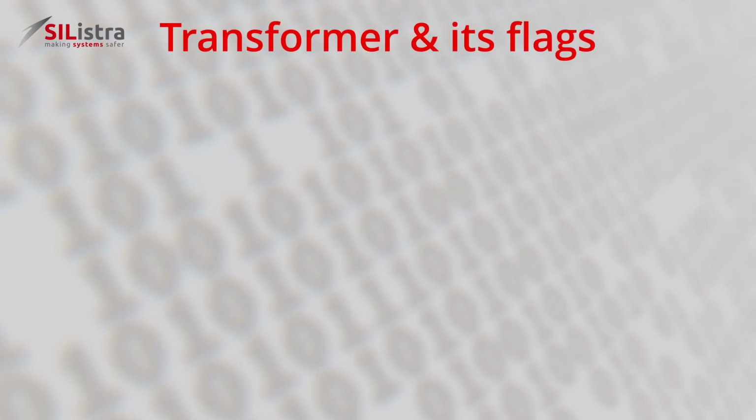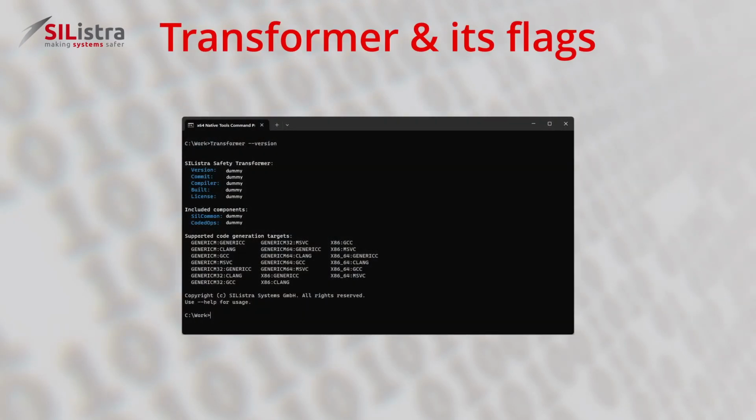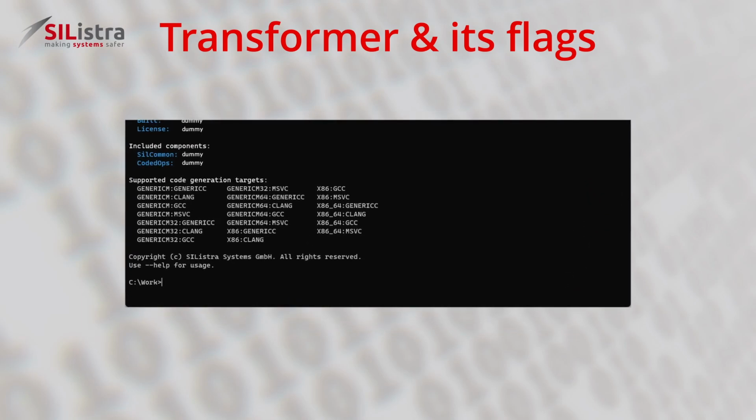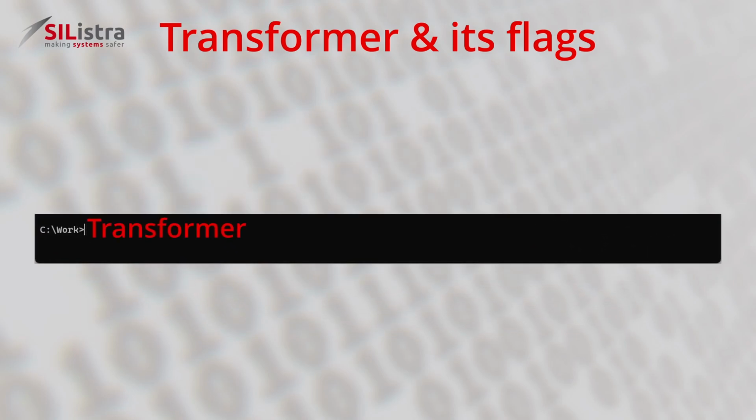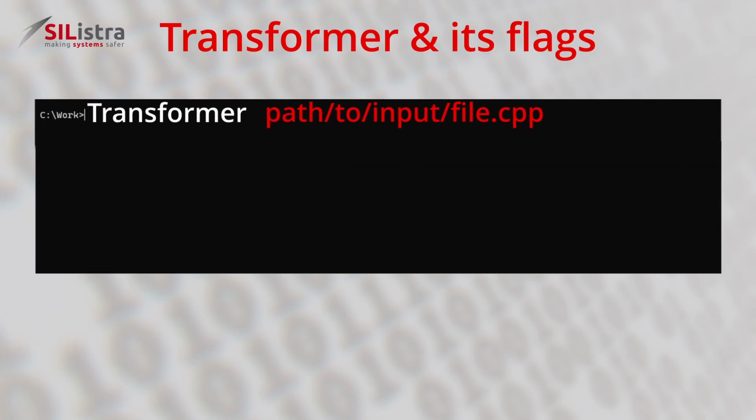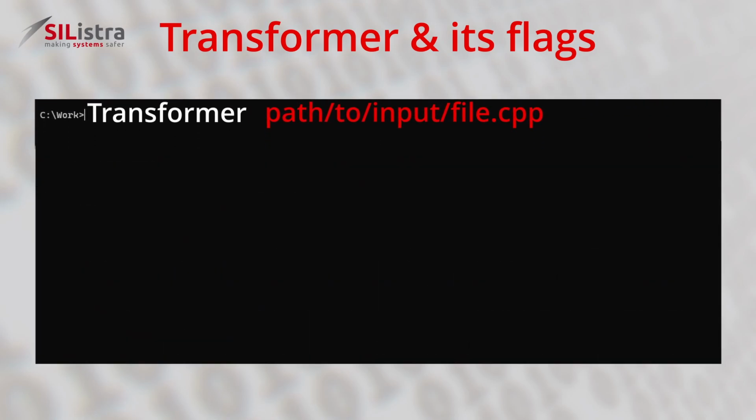The SIListra Safety Transformer is a command line tool. Therefore, you need to specify which and how it is supposed to transform code. This is done by passing flags to the transformer executable in the format --, flag, and then value of the flag. In order to run the transformer, we at least need to provide one source code file as input. Then it will use a default configuration. Other than that, the most important transformer flags include SIListra header,